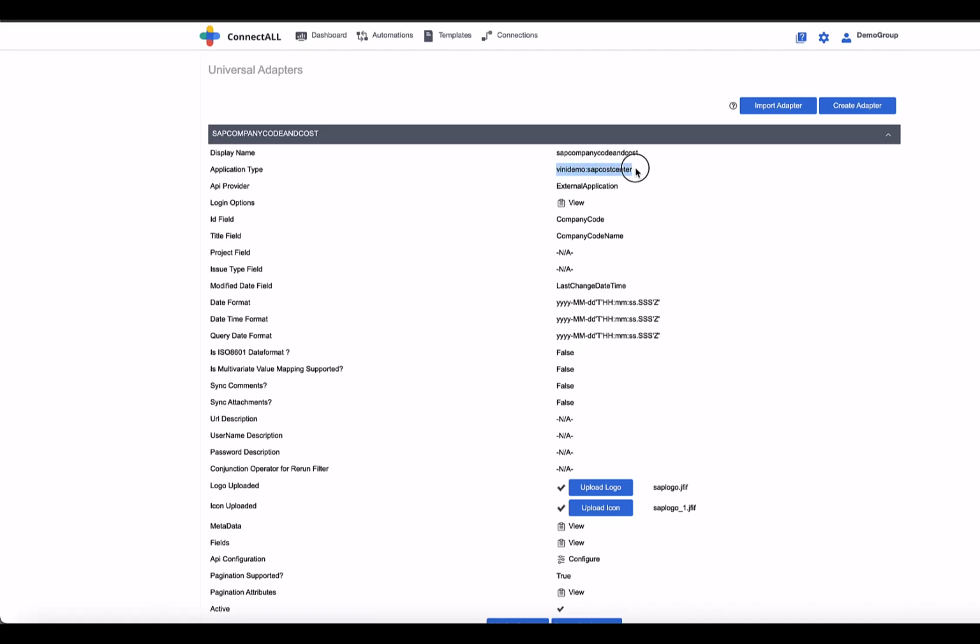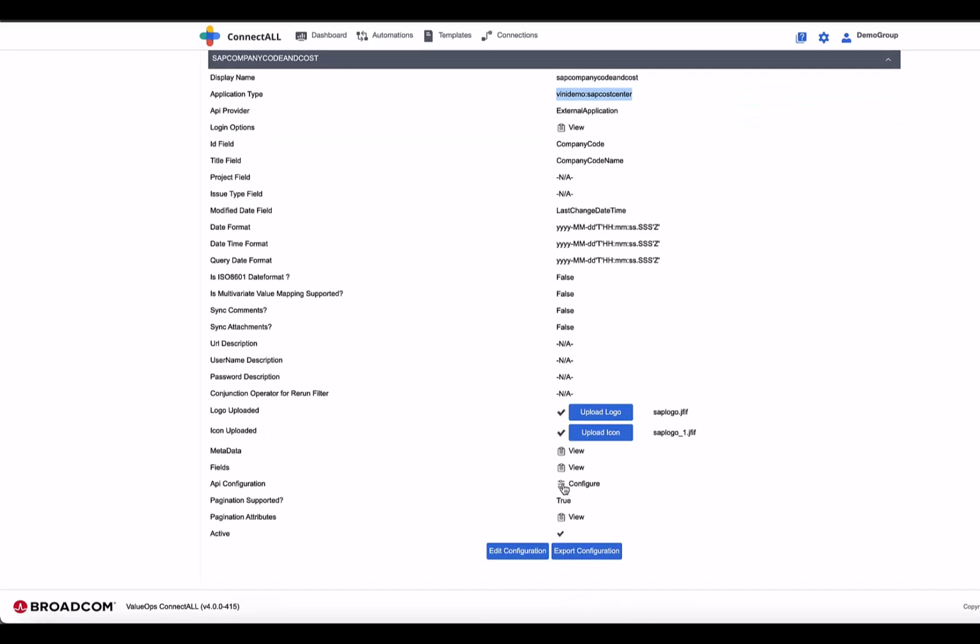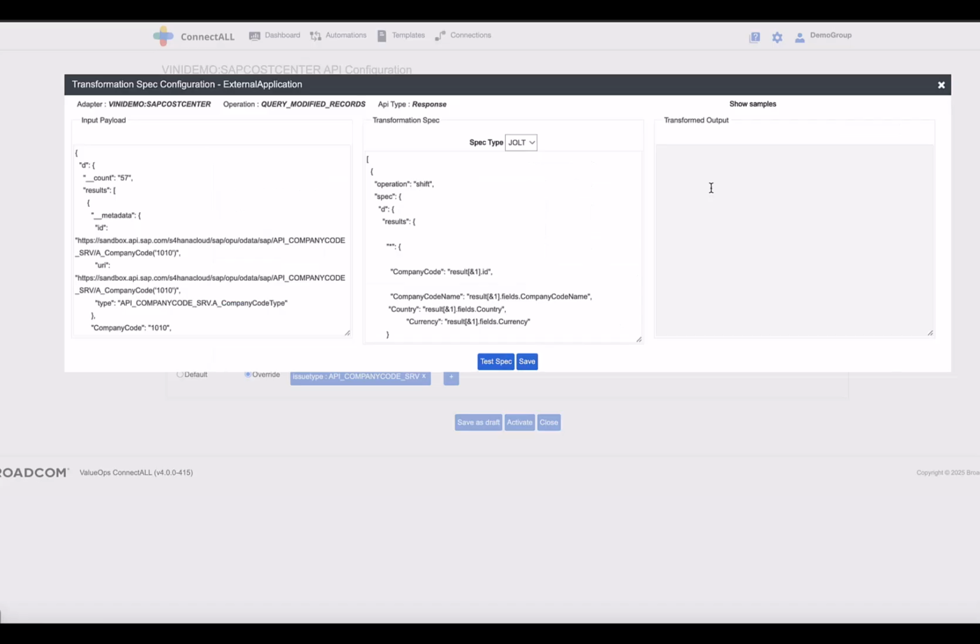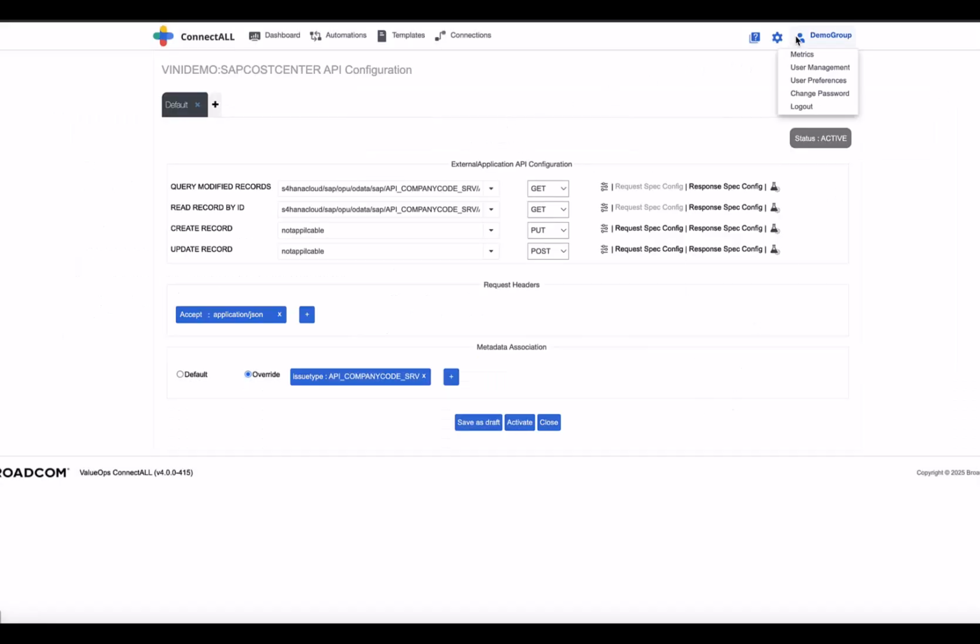the group name prefixed. So when a CA admin wants to see all the universal adapters that have been managed or created by different groups, he'll be able to see that on the CA admin's universal adapter. The configurations that we were talking about, only the Jolt configurations you'll be able to see, not the Groovy. And if there is a JSON or a universal adapter that has been shared by the CA admin, and if it has got Groovy, you will not be able to import it, as Groovy is restricted within the group admin.